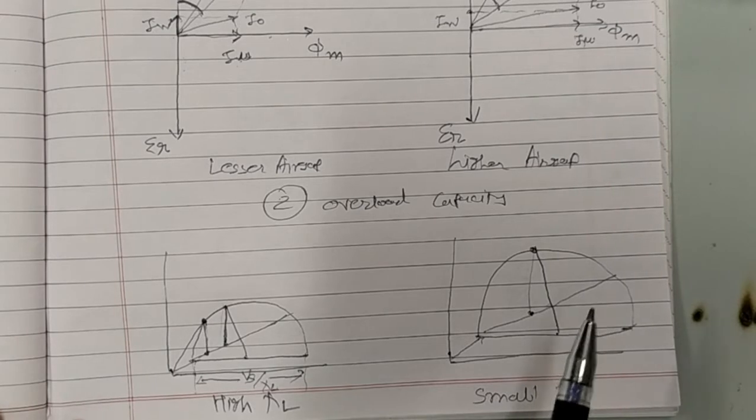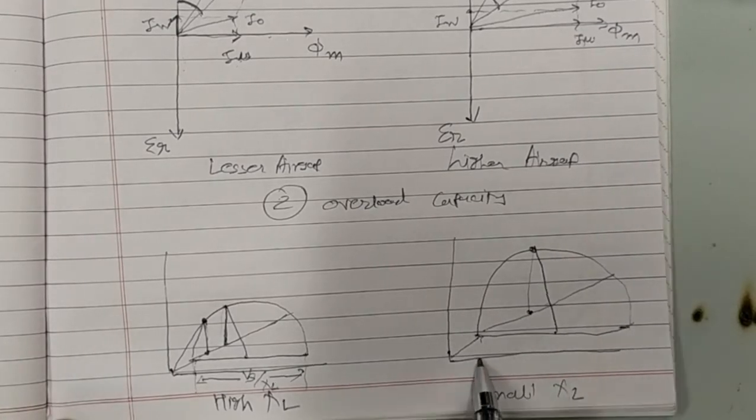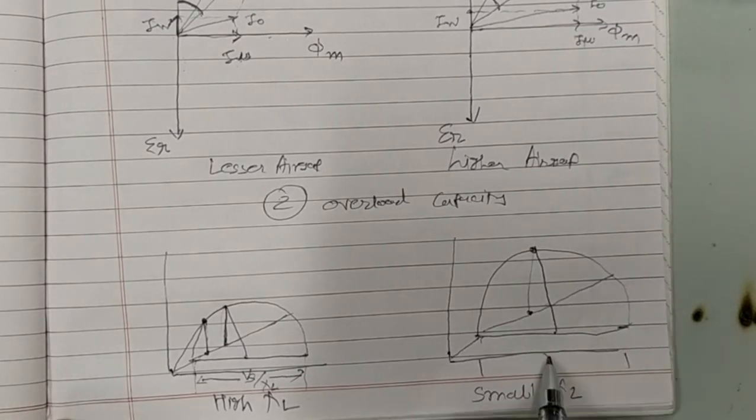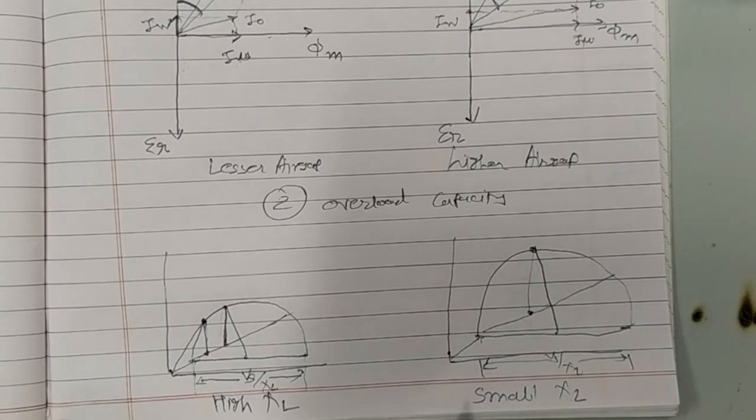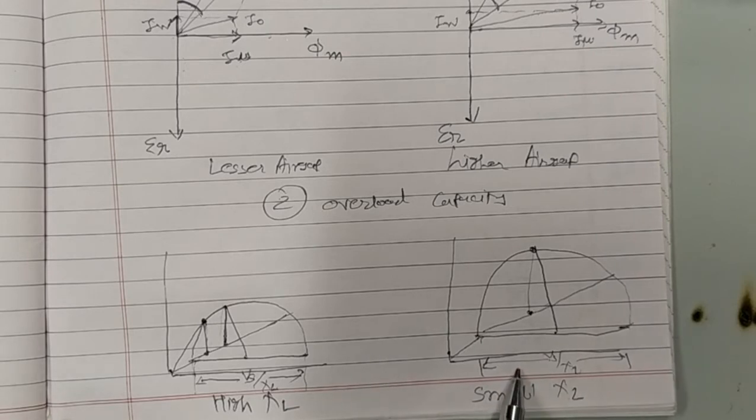So yes, this is Vs upon XL again, the diameter of the circle diagram. The figure shows the circle diagram for an induction motor with two different leakage reactances. The diameter of a circle is Vs upon XL, where XL is the leakage reactance of the motor. Thus the smaller the XL, the greater will be the diameter of the circle. And the overall overload capacity is also higher for a smaller value of XL.